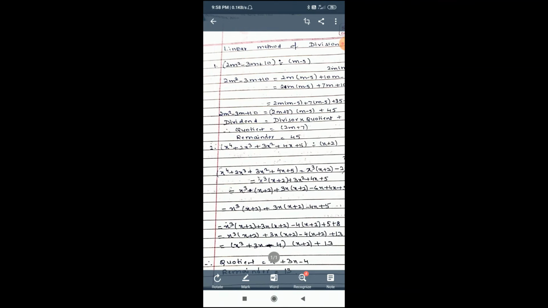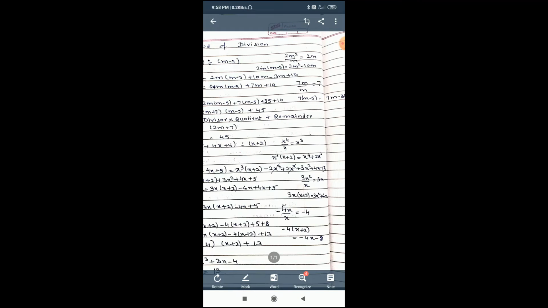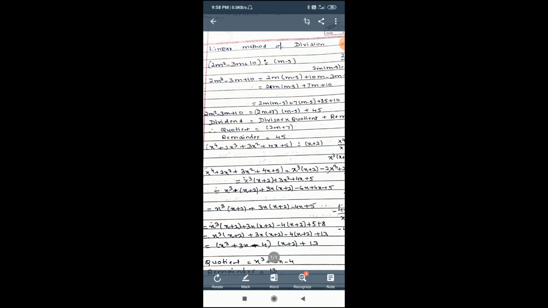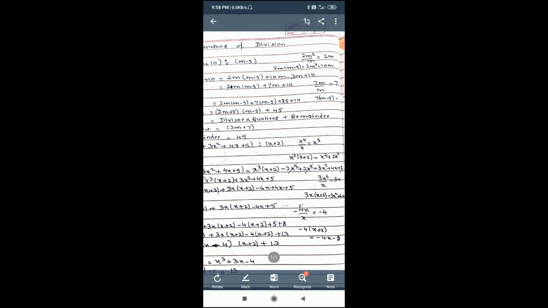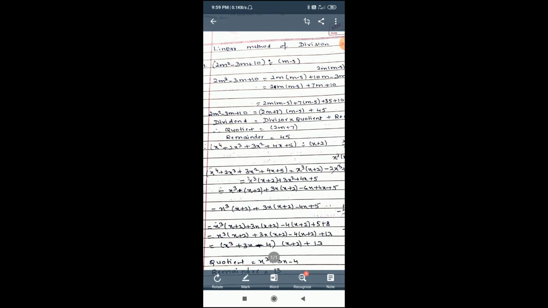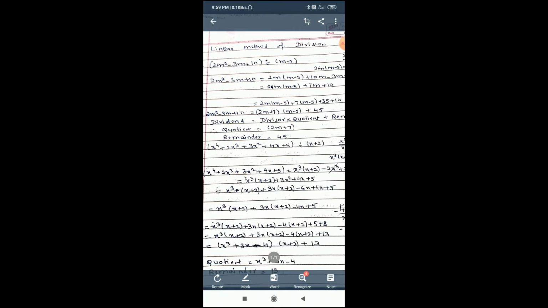So, what we will do here, dividend you write down on the left hand side, put equal to sign, then write down x cube into this divisor x plus 2, and then here I told you this is plus 2x cube. So, here you will write down minus 2x cube, and then the remaining terms of the dividend you write down: plus 2x cube plus 3x square plus 4x plus 5. Now, here minus 2x cube plus 2x cube cancels and then you will get this is equal to x cube into x plus 2 plus 3x square plus 4x plus 5.